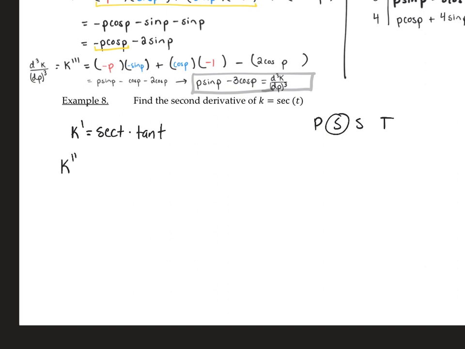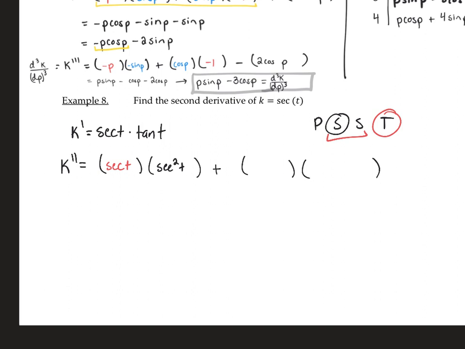And if I want to do the second derivative, now I need to use a product rule. And I might have to write kind of small, because we're going to do first secant of t plus the derivative of tangent. And remember, if I want to keep tangent, then the answer is secant squared